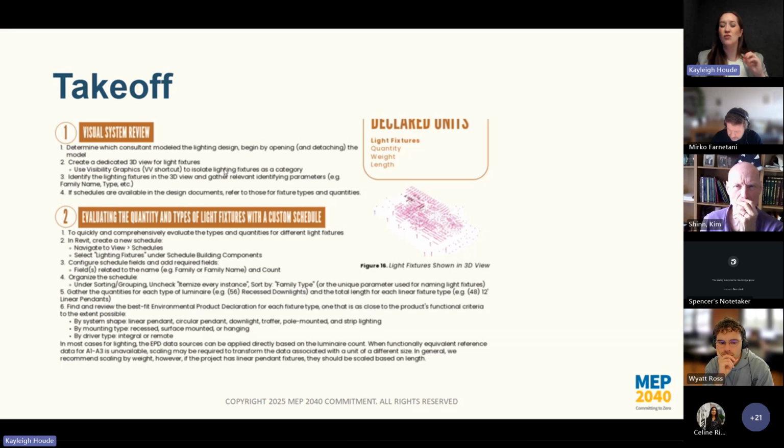Your electrical engineer will have a really good idea of what that looks like, because they're the ones who have to circuit them up. So they should know kind of, they put their type name over here, HL1, and then the wattage sits over here. So they'll probably know better than you would right away kind of what that looks like in the model.